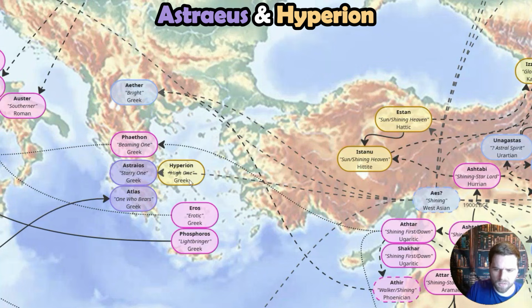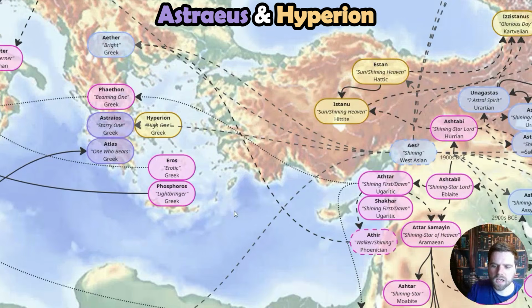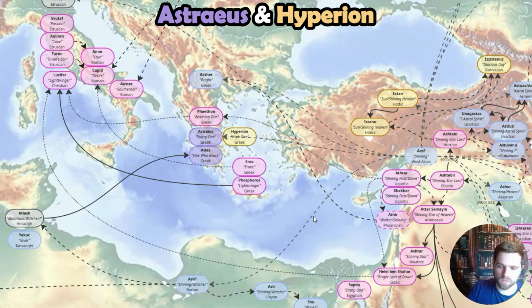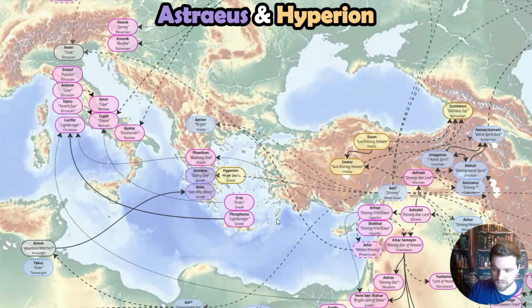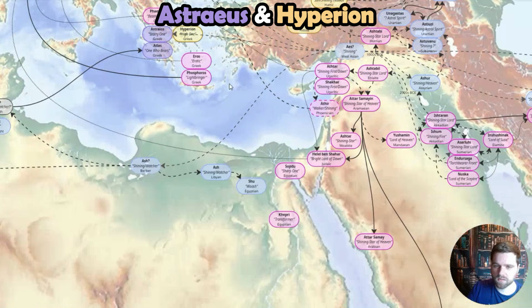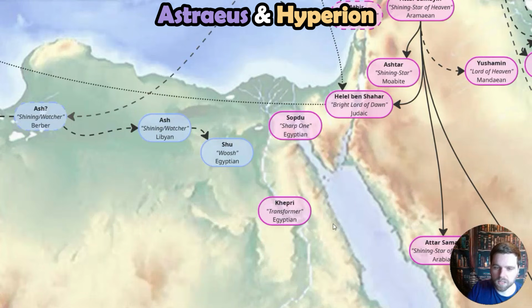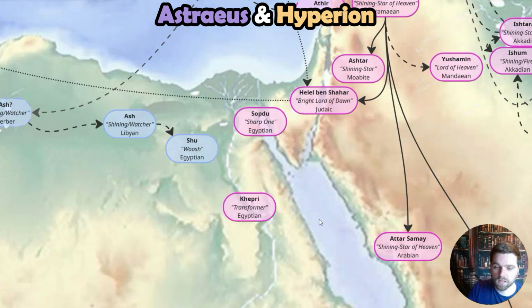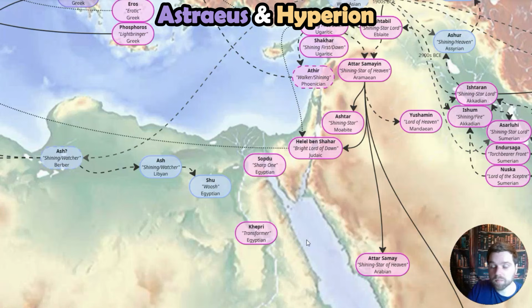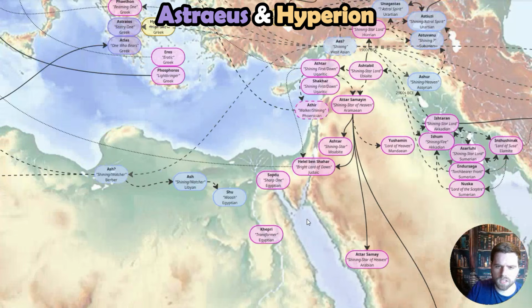His name means high one, and he's often treated in that same kind of way as Istanu, Estan, and even Astuas, as this high god. The east can be associated with the sun, the rising sun in general, as well as with the rising star of Venus. Kepri is another example of that. He's associated with the rising sun and has many rainbow, transformative aspects that we are going to see with a few other dawn gods.